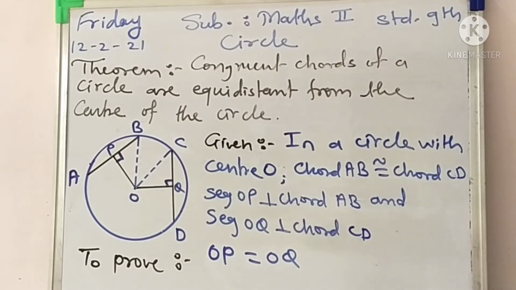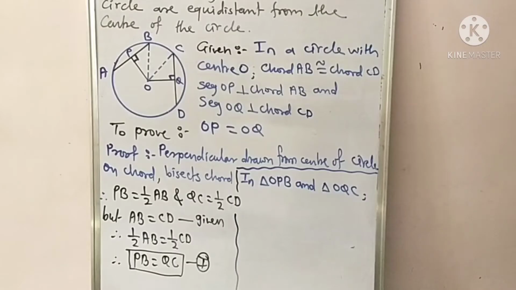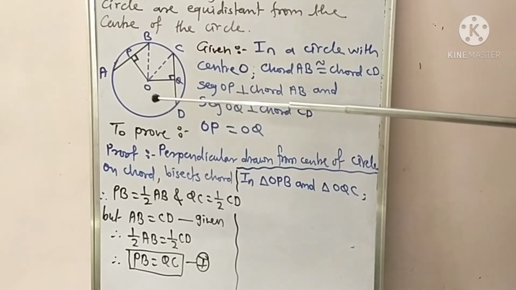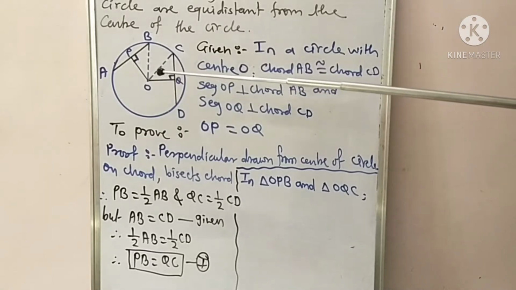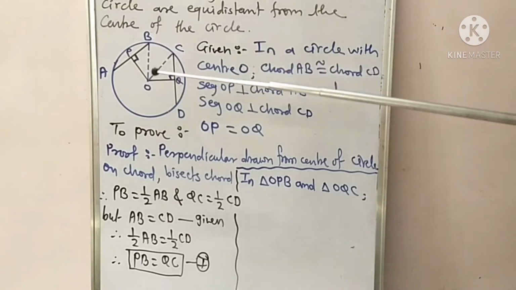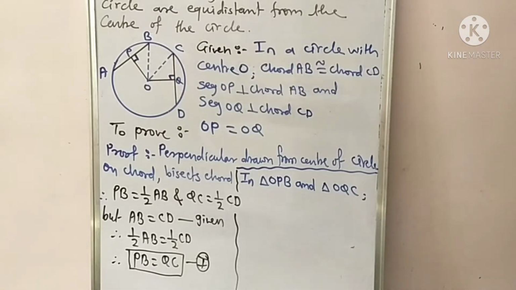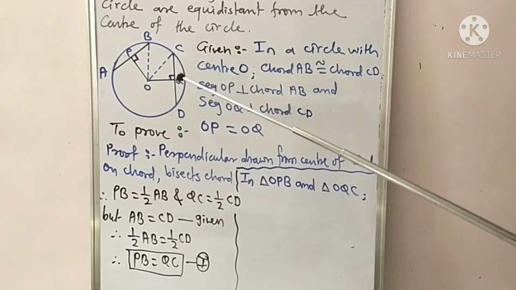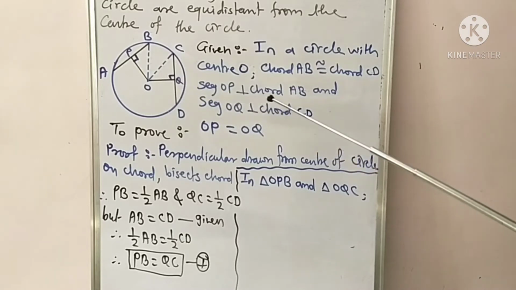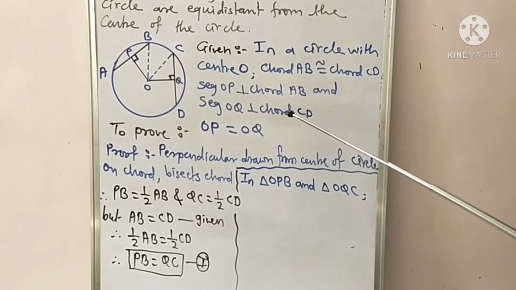Pay attention here. To prove that two triangles are congruent, we use the hypotenuse side test. As we notice here, OB and OC are radii of the circle, and radii of the same circle are congruent. So we say that hypotenuse OB and hypotenuse OC are congruent. And one more pair of sides is required, as we prove PB congruent to QC, because as we know OP is perpendicular to chord AB and OQ is perpendicular to chord CD.